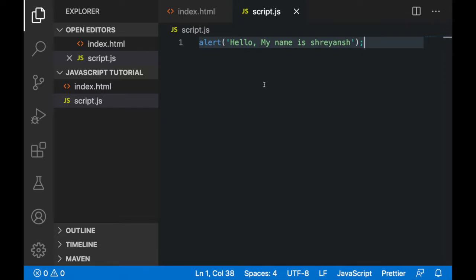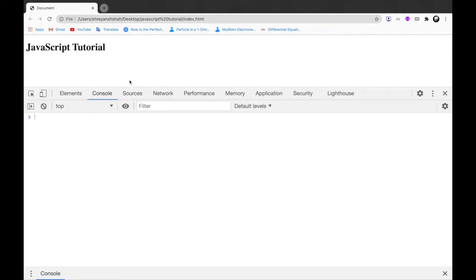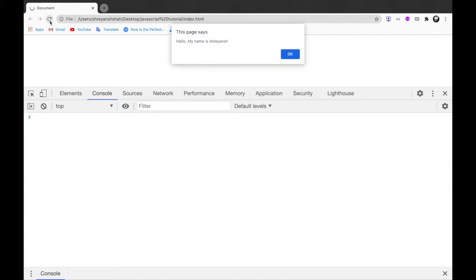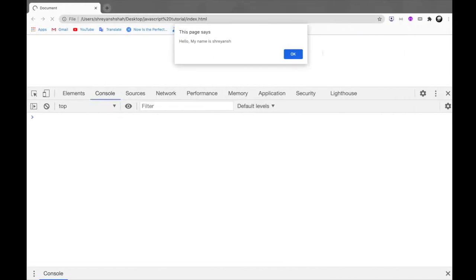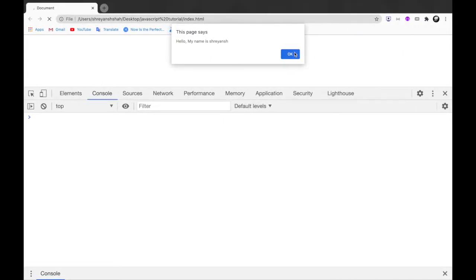Save this file using Ctrl S or Command S, and after that come to your web browser and click on the refresh button. So as soon as you click this refresh button, you can see this pop-up, or this alert stating that hello, my name is Shreyans, and that is exactly same as whatever I have written here in this alert. Okay, so friends, this is just a simple example.